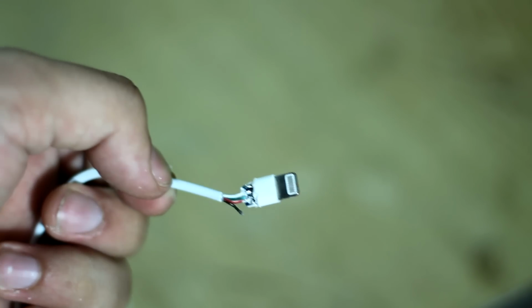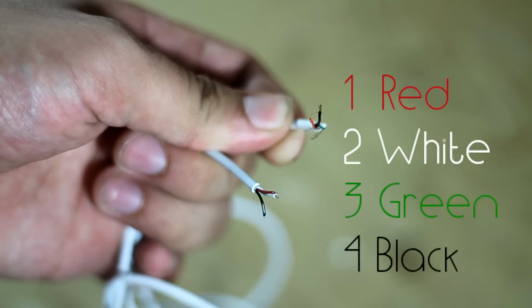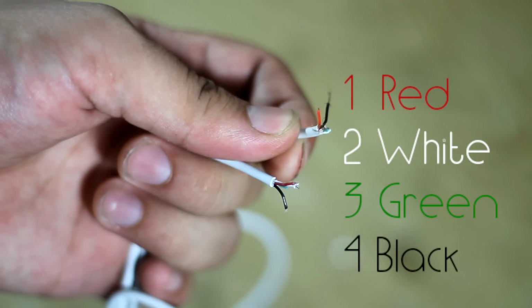Now you can see that two wires are detached from the board. The wires have a specific sequence. Red and black are at the edges, and these wires are responsible for providing power, while other two are responsible